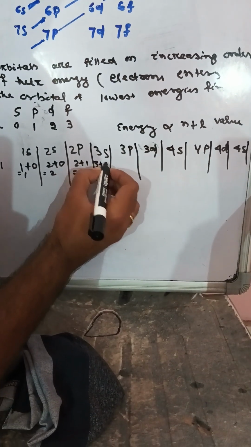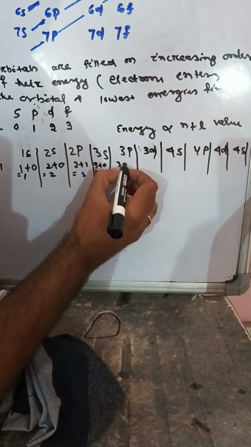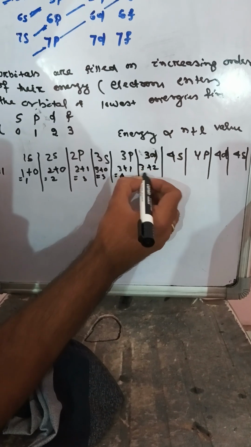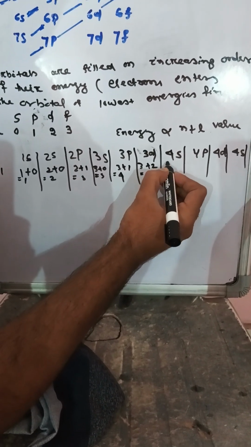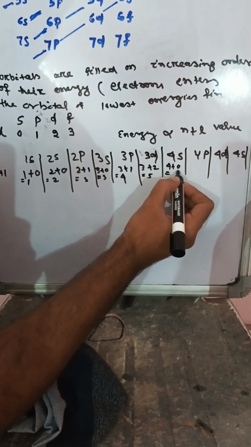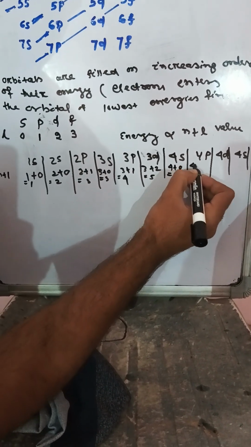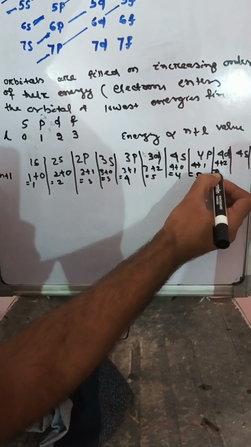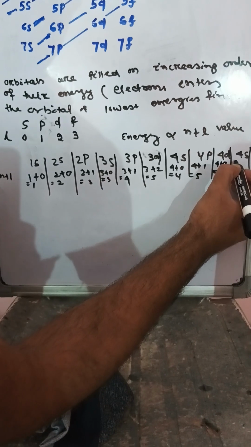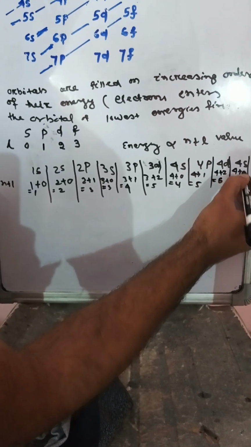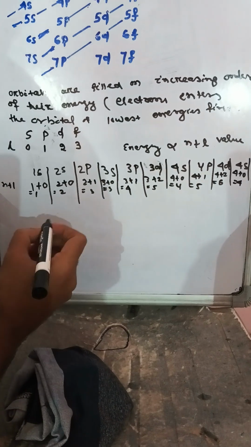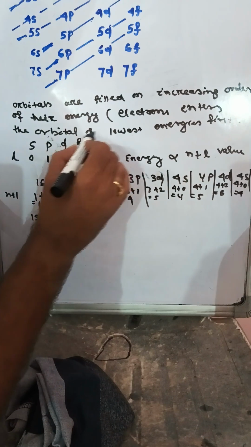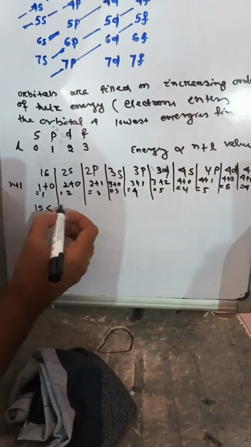3s is 3 plus 0, that is 3. 3p is 3 plus 1, that is 4. 3d is 3 plus 2, that is 5. 4s is 4 plus 0, that is 4. 4p is 4 plus 1, that is 5. Okay, then arrange: the electron enters the orbital of lowest energy, so 1s is less than